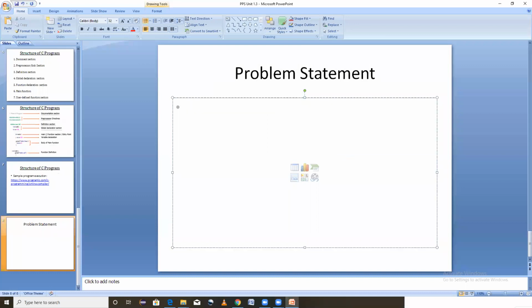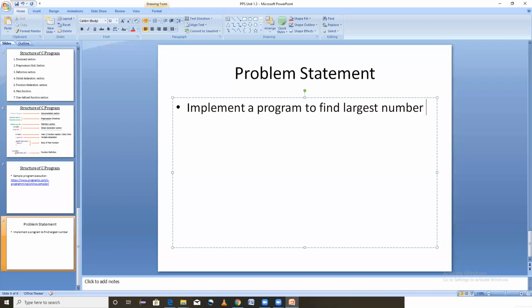Now I want to implement a program to find the largest number out of any three numbers.